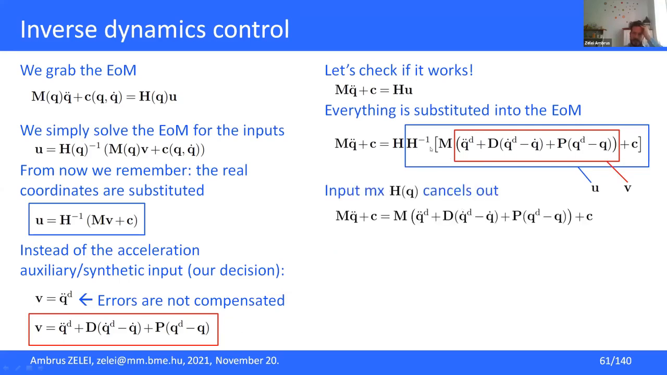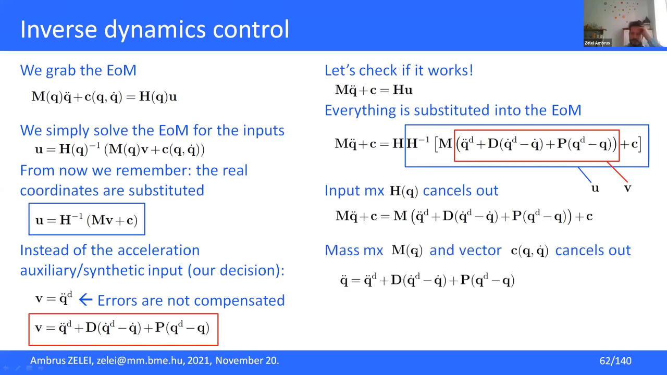So here we see that H cancels out because H times H inverse is an identity matrix. We get this bit more simple equation, and then further we see that C cancels out and the mass matrix cancels out, and finally we achieve this equation. It shows us that the acceleration of the system will be identical with the auxiliary input which we have specified here. And this is called feedback linearization, which is always possible for fully actuated robots which are not in